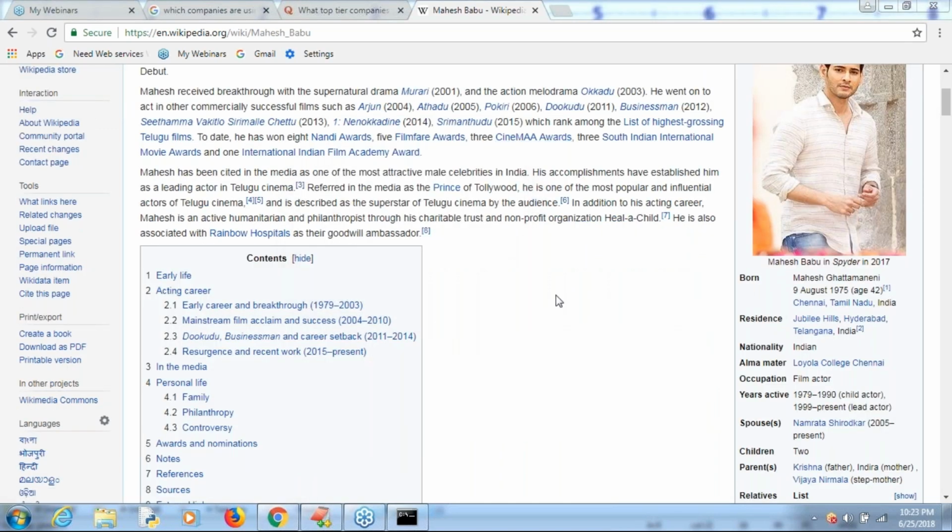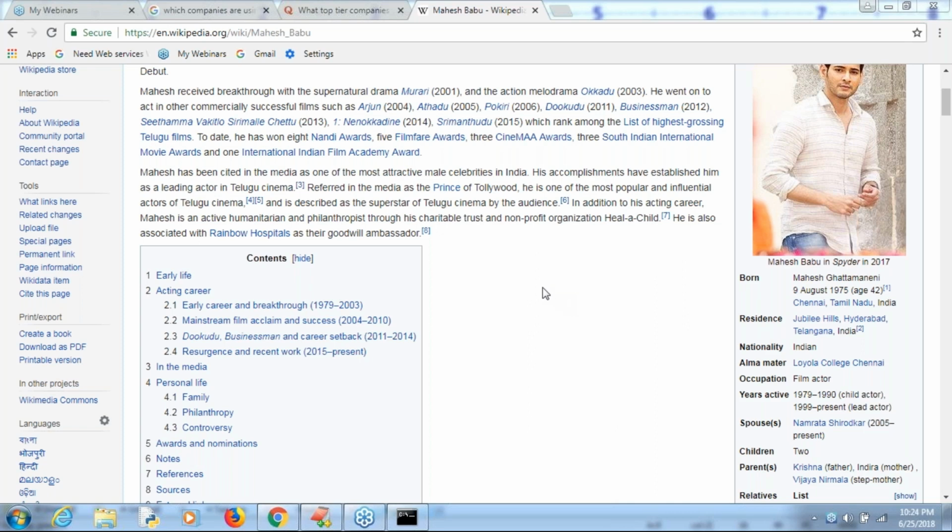The problem here is, just observe. Who opened google.com? Who opened the browser? Myself. Who entered google.com? Myself. Next, who entered Mahesh Babu? Myself. Who clicked that Wikipedia link? Myself. The testing which is performed by a test engineer manually, this type of testing is nothing but what? Manual testing. That is called manual testing.